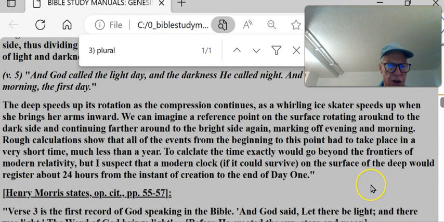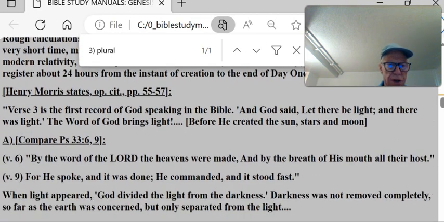Rough calculations show that all of the events from the beginning to this point had to take place in a very short time, much less than a year. To calculate the time exactly would go beyond the frontiers of modern relativity. But I suspect that a modern clock, if it could survive on the surface of the deep, would register about 24 hours from the instant of creation to the end of day one. Henry Morris states, verse 3 is the first record of God's